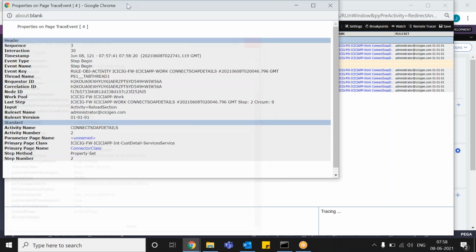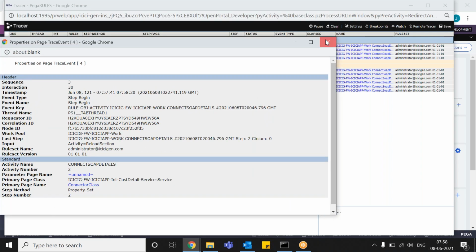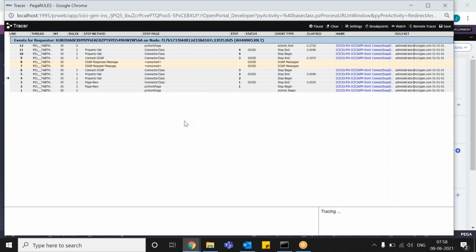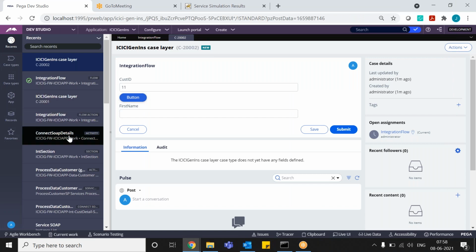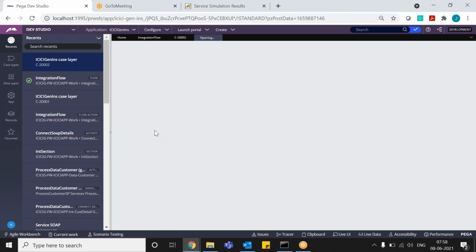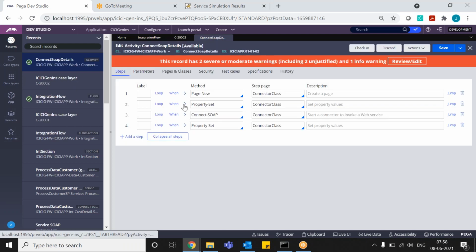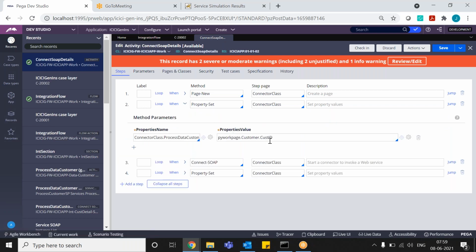The 11 property is not showing in the page. After the page new, the property set is the second step. Go to the activity. Why is it not setting the values? Yeah, PY page you have given in small letters, that's why it will not accept.